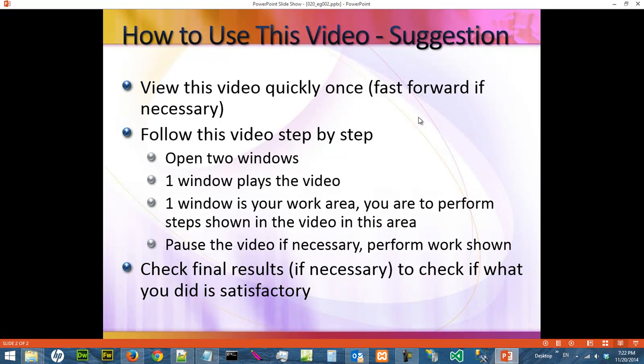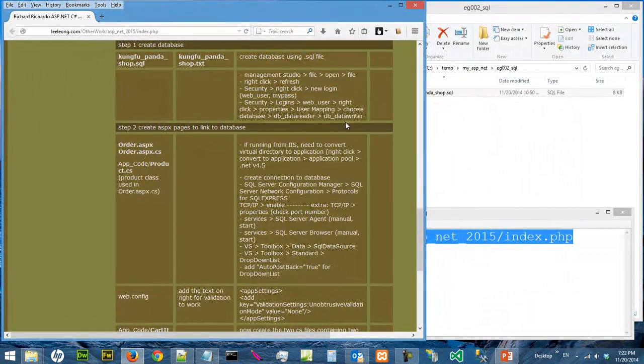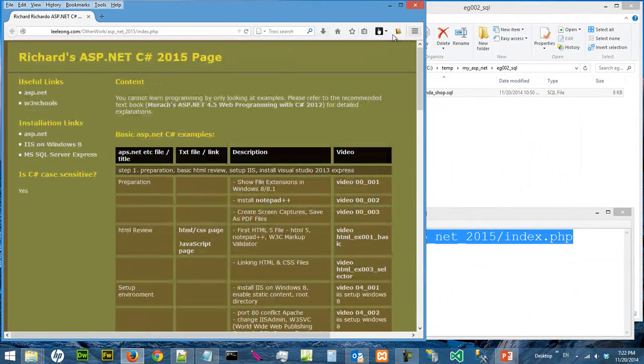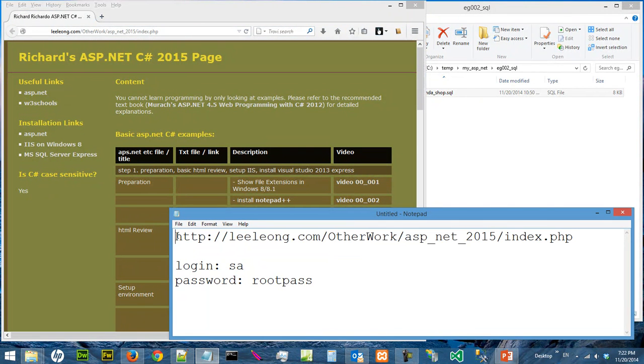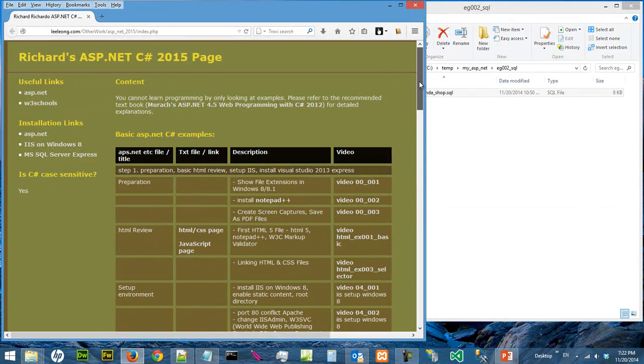This is a list of suggestions on how you should use this video. The notes for this video can be found on this web page. This is the URL to that page, and it is case sensitive. So if you go to that page and scroll down,